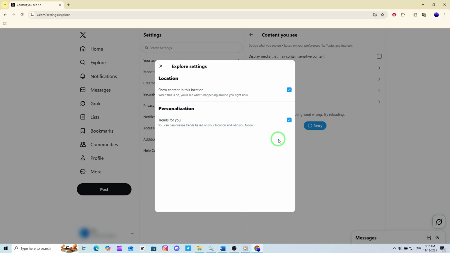After checking the box, your changes will save automatically. You don't need to click anything else. The next time you open the Explore tab, you'll start seeing personalized trends designed just for you. And that's it. You've successfully turned on trends for you on X Web. With this simple